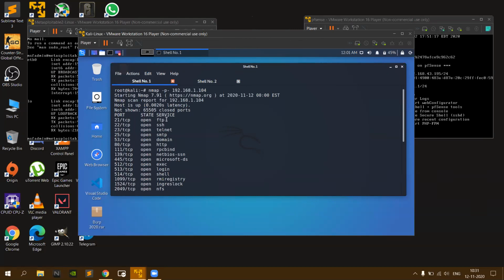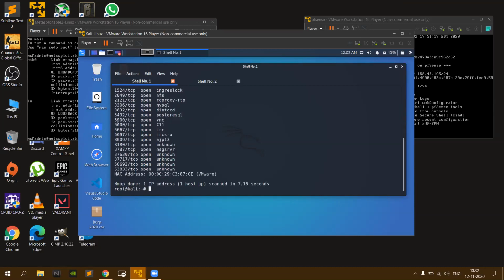I also searched about what caused this vulnerability, like how the backdoor was implemented. It was not done by the actual team; it was done by an attacker. So whoever downloaded that FTP version is getting that backdoor.